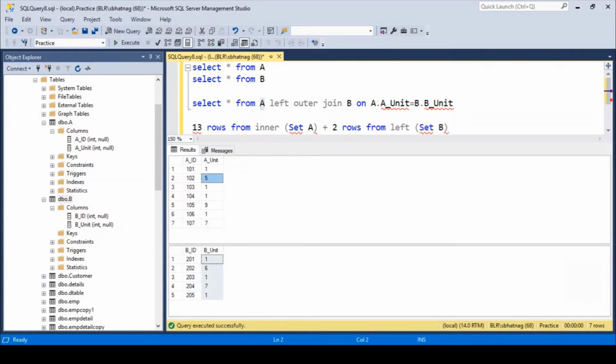So 5 does not have a match, 9 does not have a match, and that is why for 1025 we need to simply put nulls for the rows coming from B, and we know that table B is nothing but two columns, BID and BUnit. So for 1025 the values for BID and BUnit will be null and null. Similarly, for the row 1059, since 9 does not have a match, the value for BID and BUnit will be